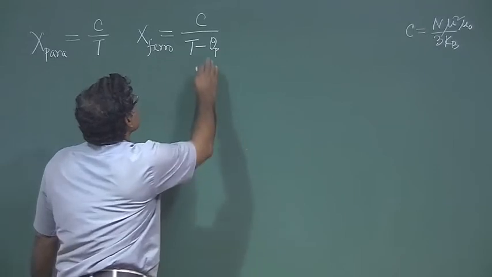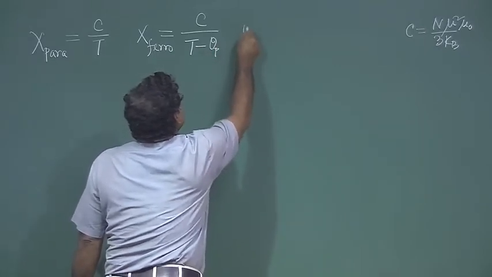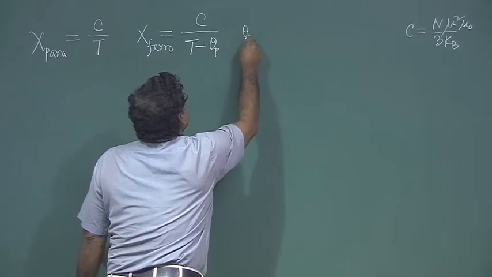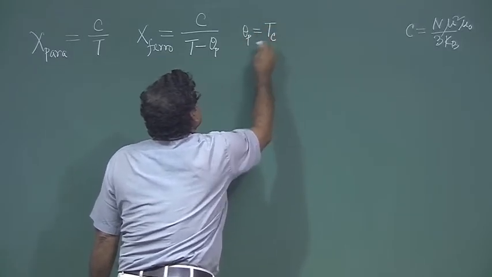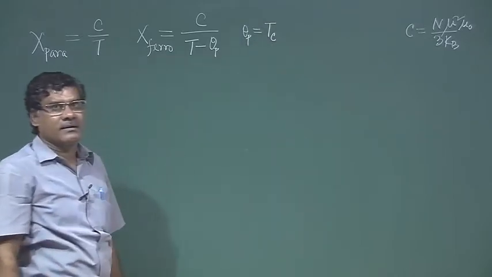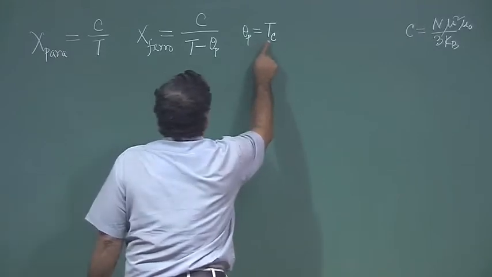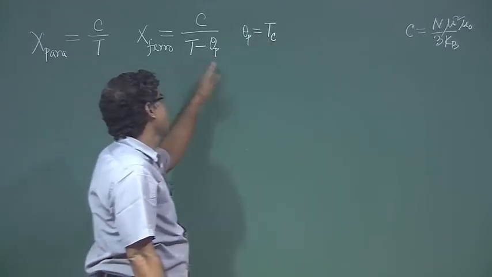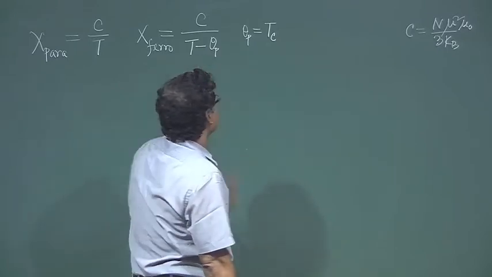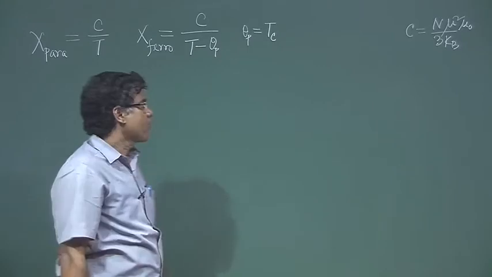We write theta p equal to theta c, although it is not strictly true; theta p is slightly less than T c, the Curie temperature, but the difference is very small. So, that is why we